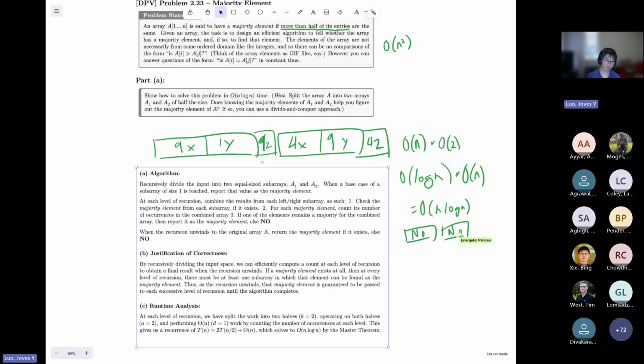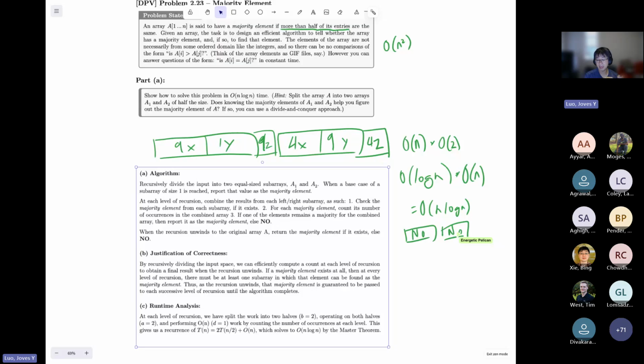If a majority element exists at all, then at every level of recursion, there must be at least one subarray in which that element is also the majority. Okay? And thus as the recursion unwinds, the majority element is guaranteed to be passed to each successive level. So it's going to bubble all the way up. We're going to have candidates, if there's a majority, go all the way up. Now,